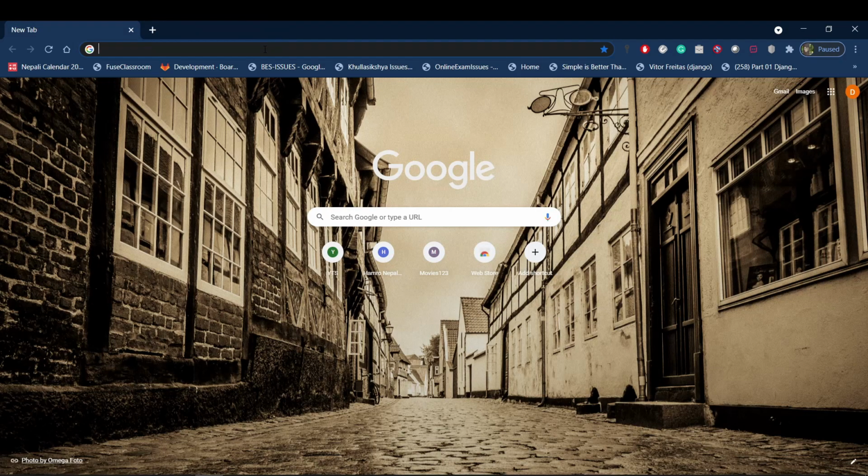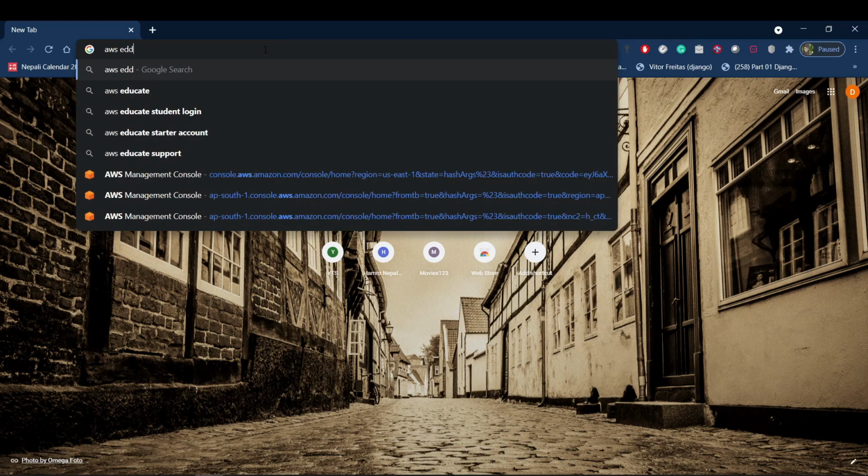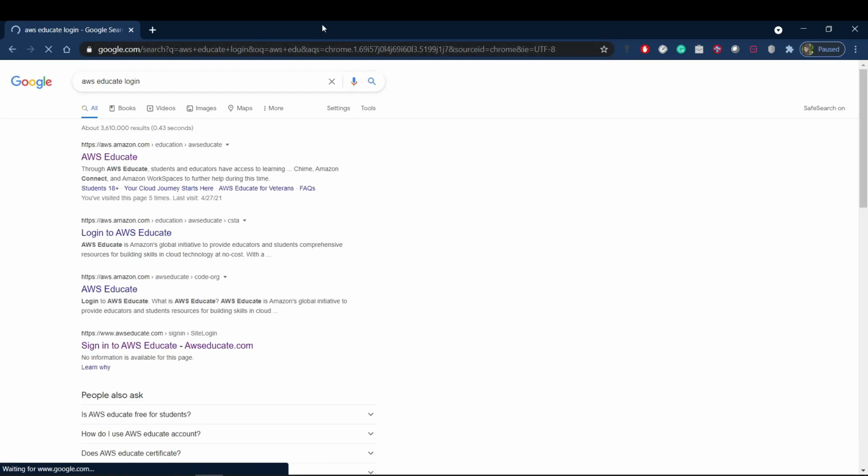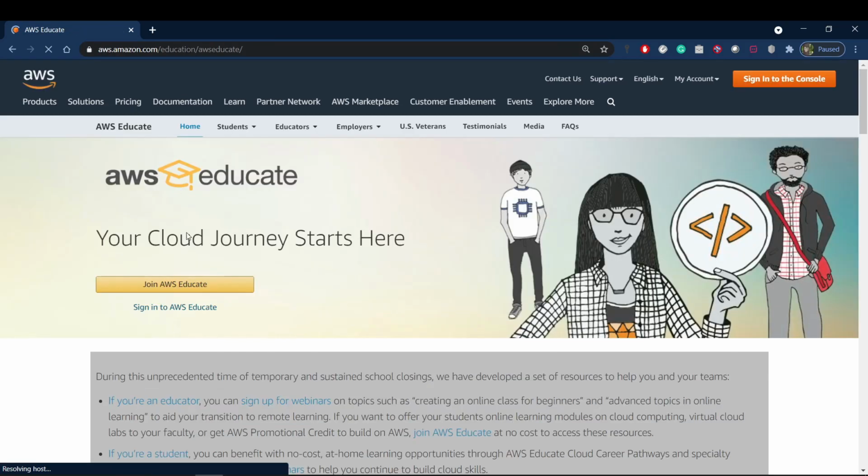So I have my AWS Educate account. You can configure this in your personal AWS account. And if you don't have an AWS account, you can sign up and provide the card details and you can access it for a 1 year free trial period. So at first, let's log into the AWS account, AWS Educate. I have made this AWS account from my college. So let's sign in. It's for educational purposes.